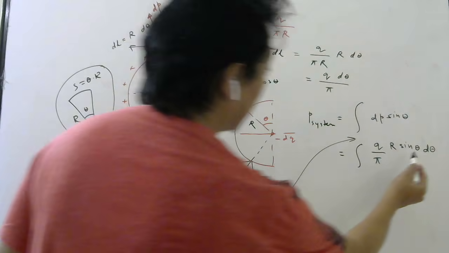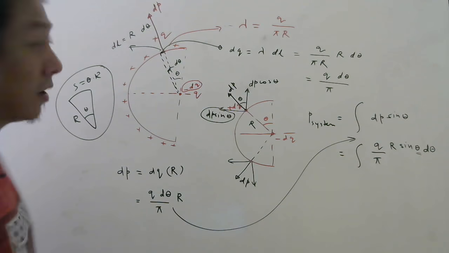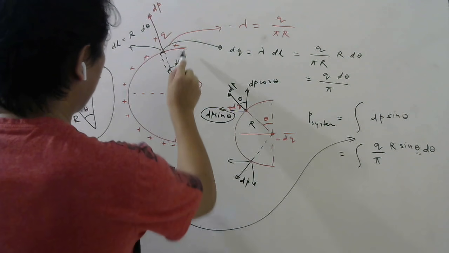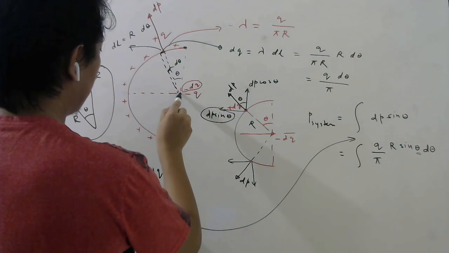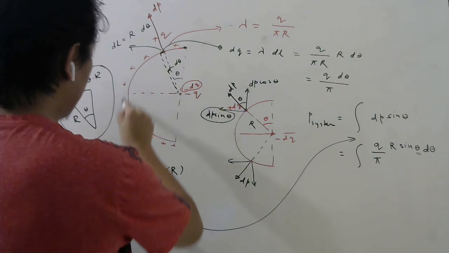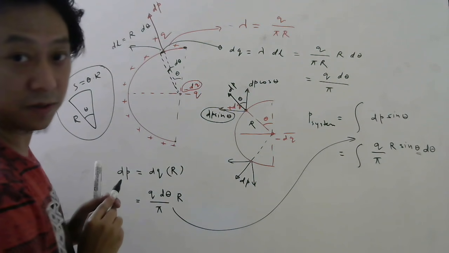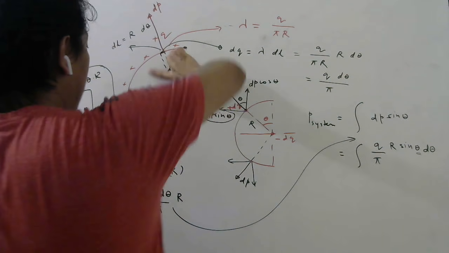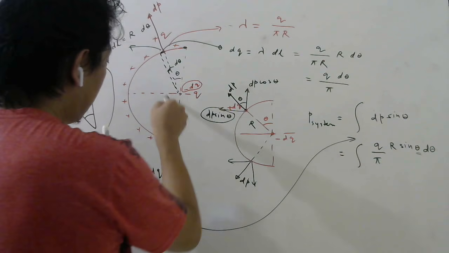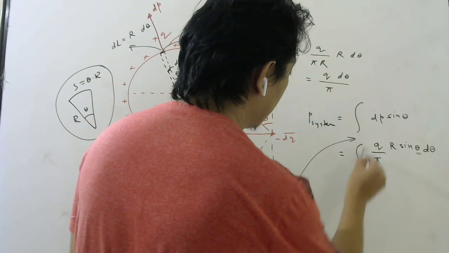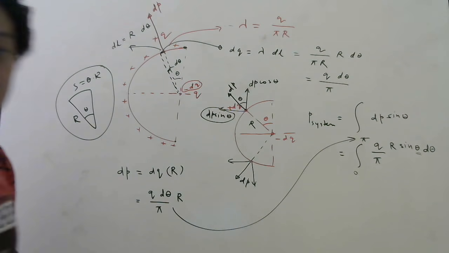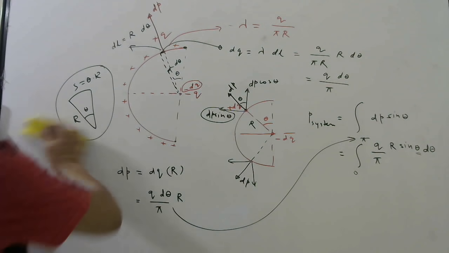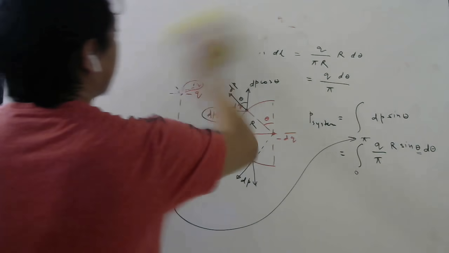Now theta is my integration variable. I have to start from this plus dq, this minus dq, and then reach till here. Yes or no? As I do that, my angle theta will start from 0 till it reaches here. That time the angle will be 180 degrees, from 0 to pi. 180 degrees means pi radian. So the physics part is over. Now we just have to do the mathematics part.